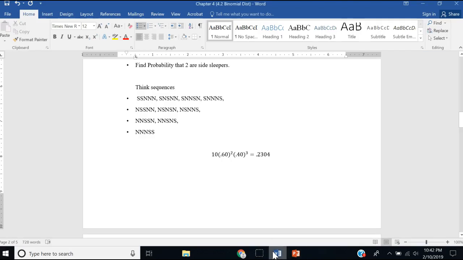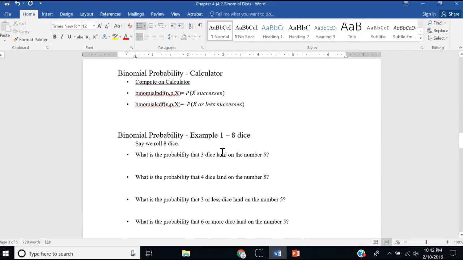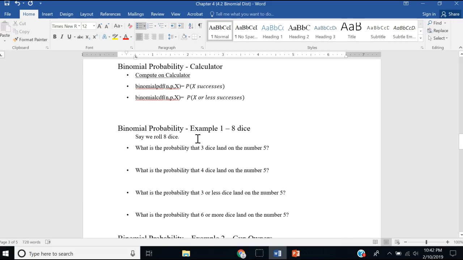Now, remember what we just said about the binomial situation. If we want X number of successes, then we do a PDF with an N, a P, and an X. So this first problem, we're asking what's the probability that the number of successes is equal to 3? 3 dice land on the number 5. And what we see is that that probability can be found using the binomial PDF feature on our calculator with